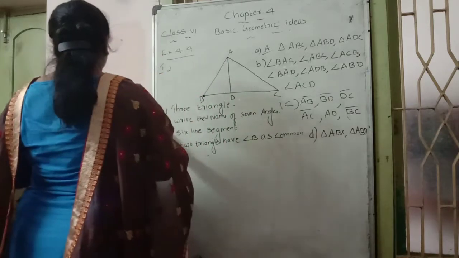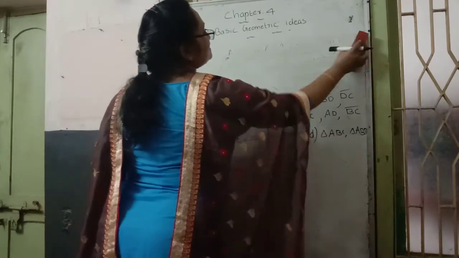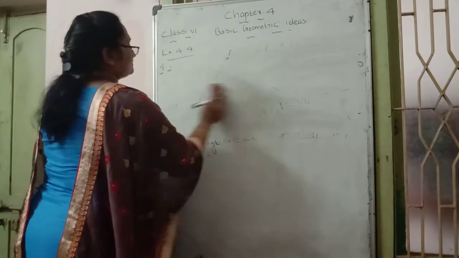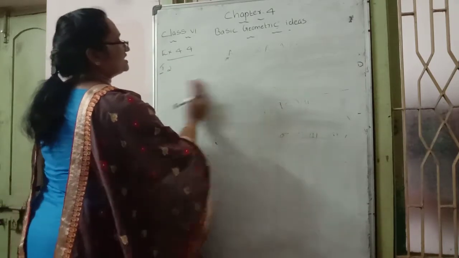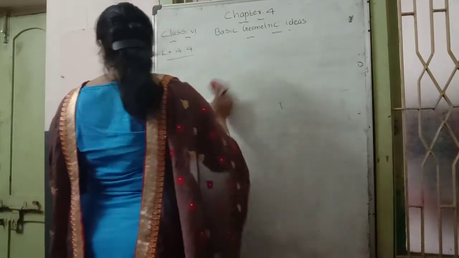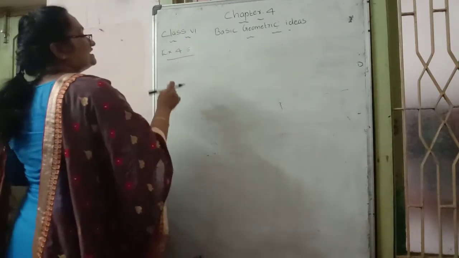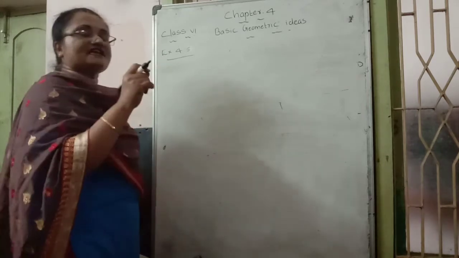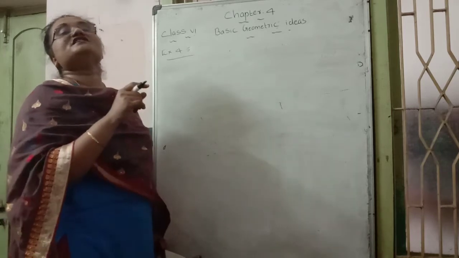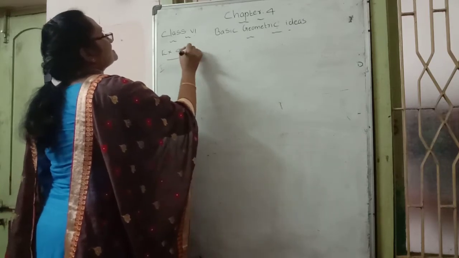Then next we go to the next question: draw a quadrilateral. A quadrilateral means a 4-sided figure. Next, exercise 4.5. Draw a quadrilateral and also draw a diagonal. Afterwards they ask whether the diagonals intersect at a common point, with a rough sketch. That is how they ask the first question of exercise 4.5.